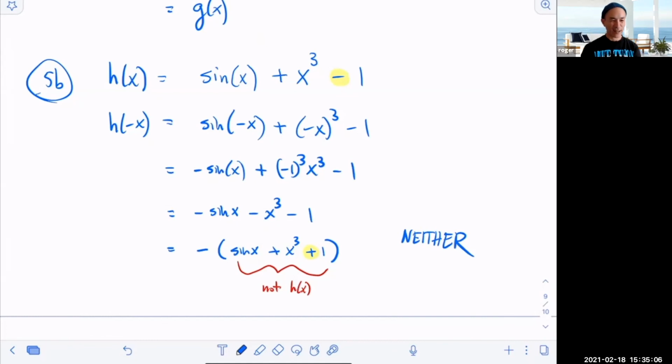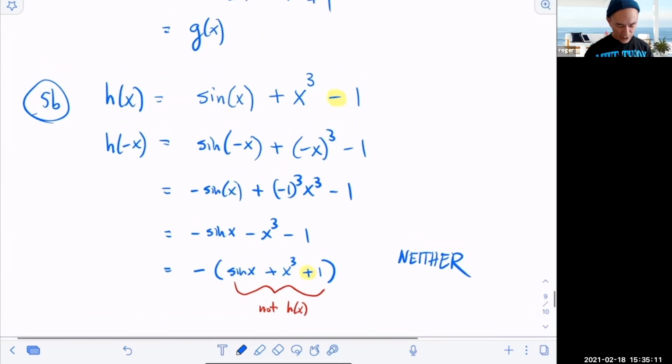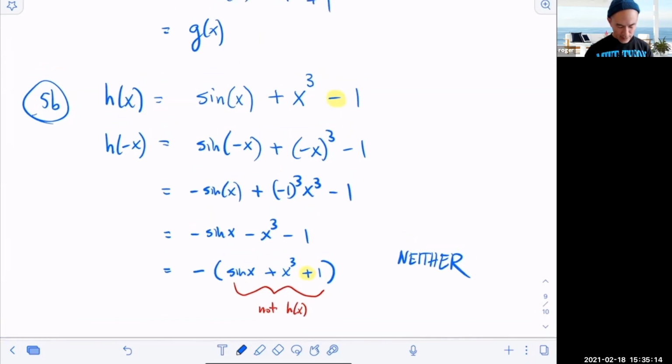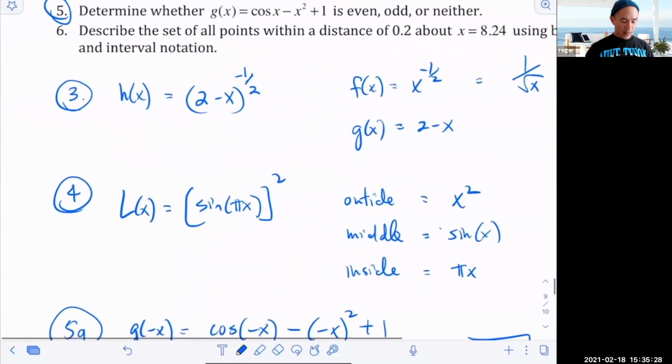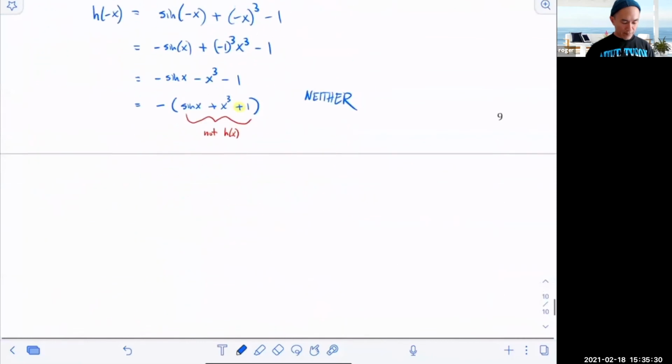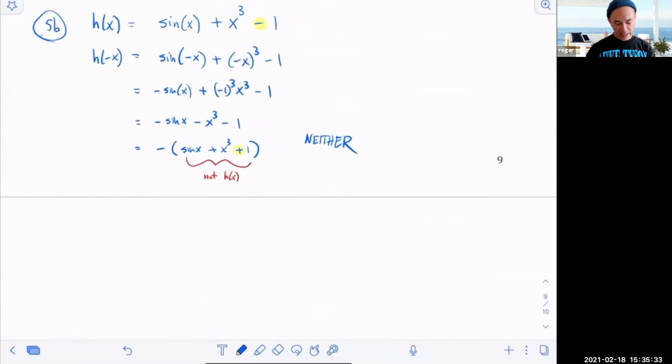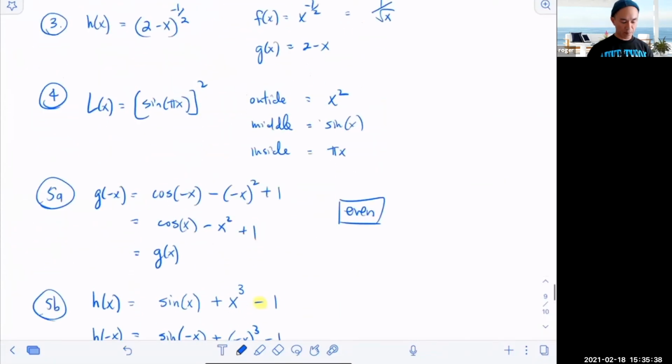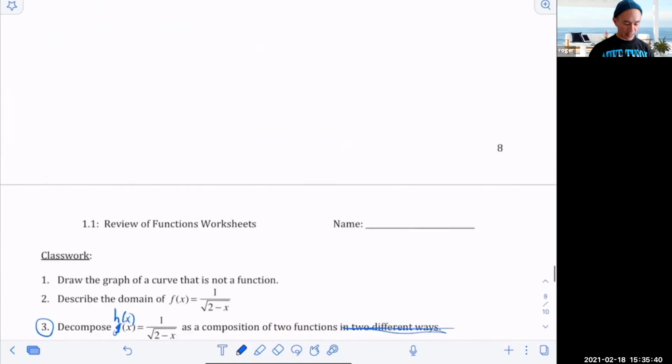I'm tempted to give you one that's odd. I kind of want to point out to you that if something is going to remain unchanged when you rotate it 180 degrees, it kind of has to go through the origin. And that constant term on the end shifts it away from the origin. So for an odd one, you would get the h of x on the inside there, but we didn't in this case. Okay. So I only have 10 minutes left, so let me